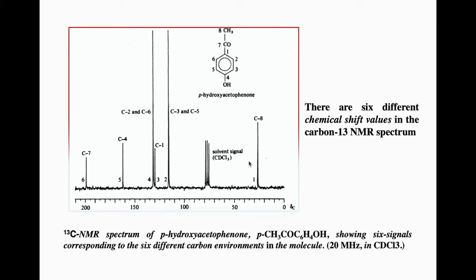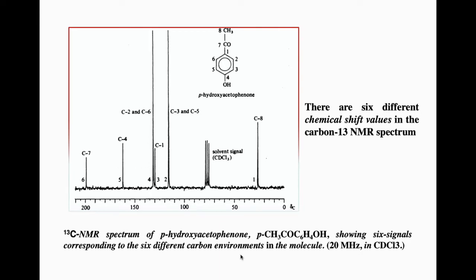Instead, they are resonating at different positions, and these different positions you may realize from the different position of the peak. So each peak in the NMR spectrum actually gives you the resonating frequency of a magnetically active nucleus. In this particular case, it is a carbon NMR. Since it is a carbon NMR, it is carbon peaks.